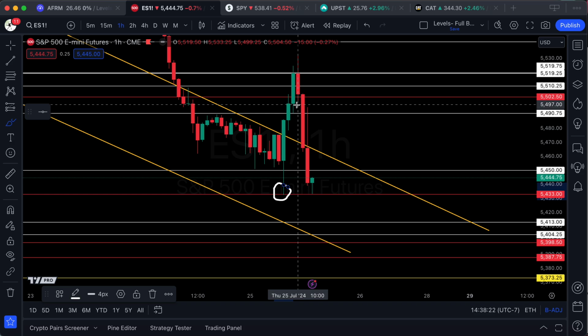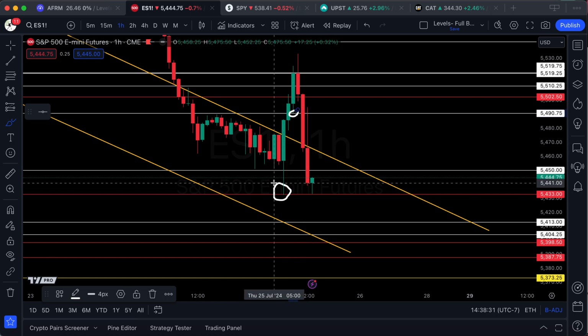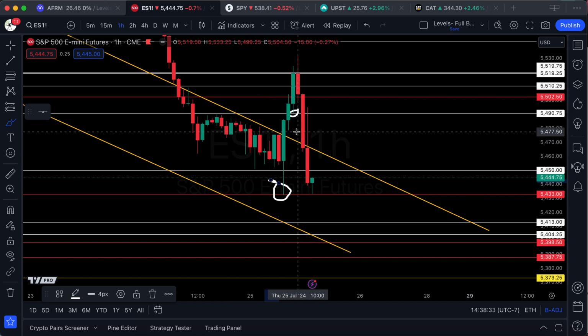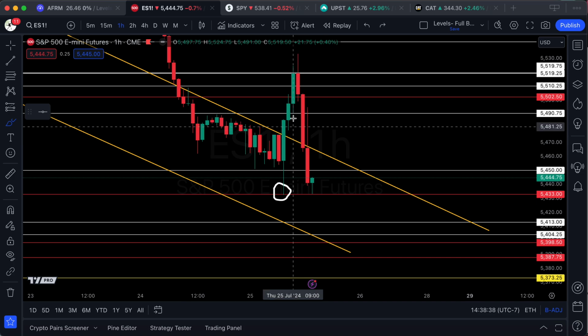So at that point, I'm thinking, okay, they've tested the monthly. They failed it, but this is as far as the retest is going to go. Again, the same wick. Notice this wick here, right? Remember this guy? Now we're seeing the same thing with this guy, right? So showing the same kind of wicks, which means that they're on to the next.